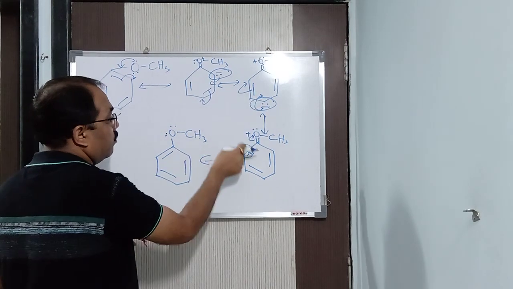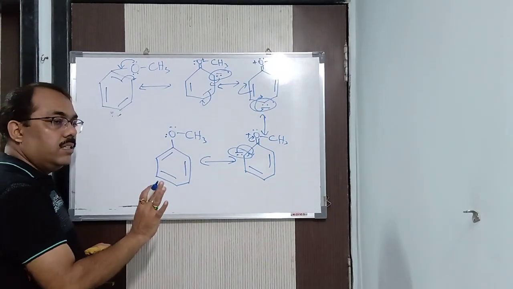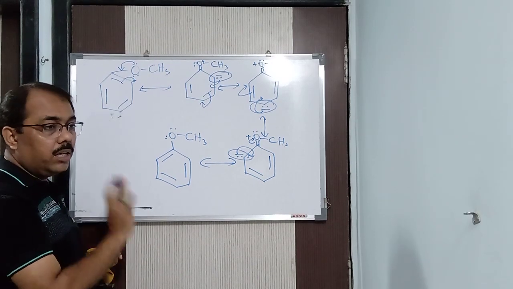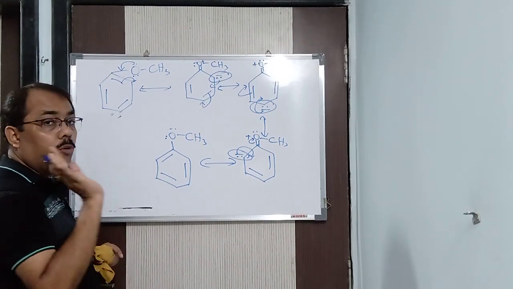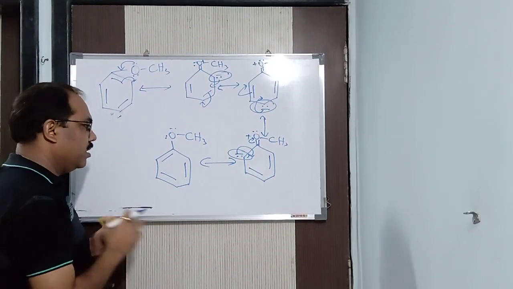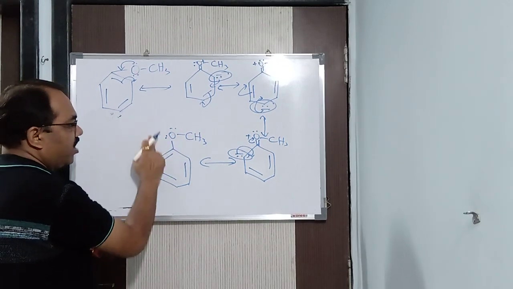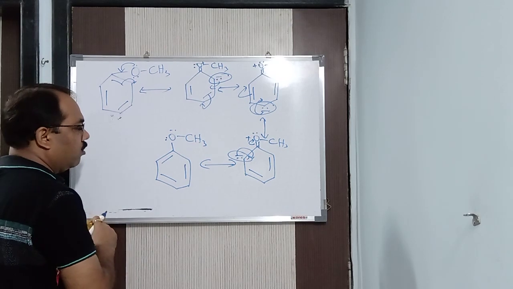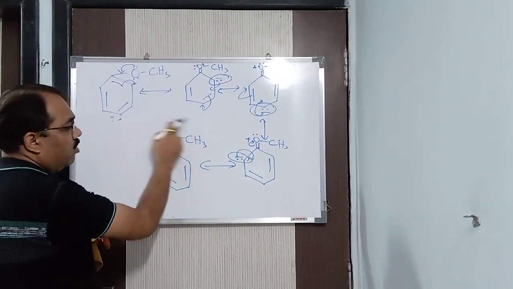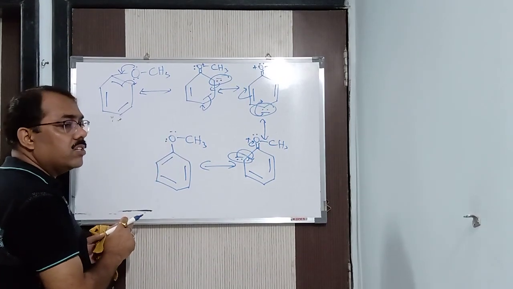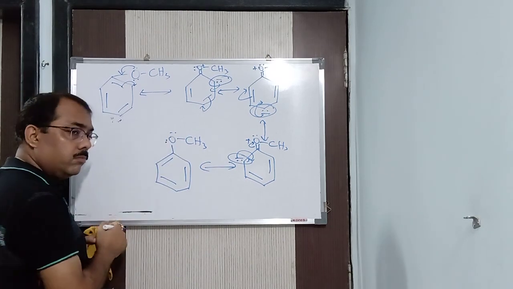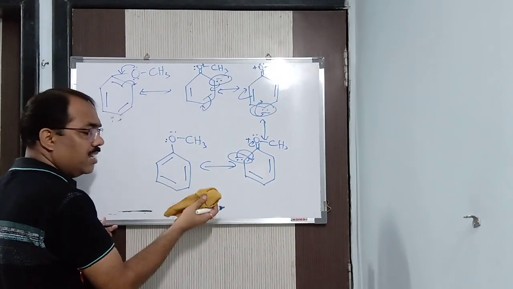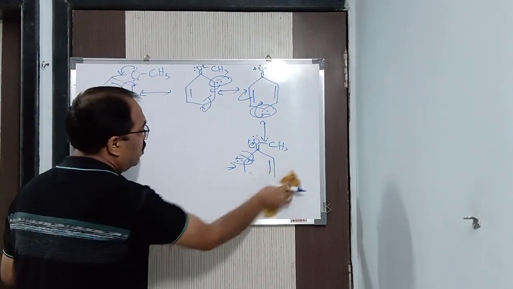Ortho and para position. So hence when electrophilic substitution takes place in an aromatic ether, it is an ortho-para director due to the presence of the electron donor group. Always remember this shortcut: an electron donor group is ortho-para, and if it is an electron withdrawing group, it is meta. How do you come to know it is an electron donor group? Single bond. If multiple bond, then it is meta. We can say multiple bonds in CN, COH, CHO, all these things.